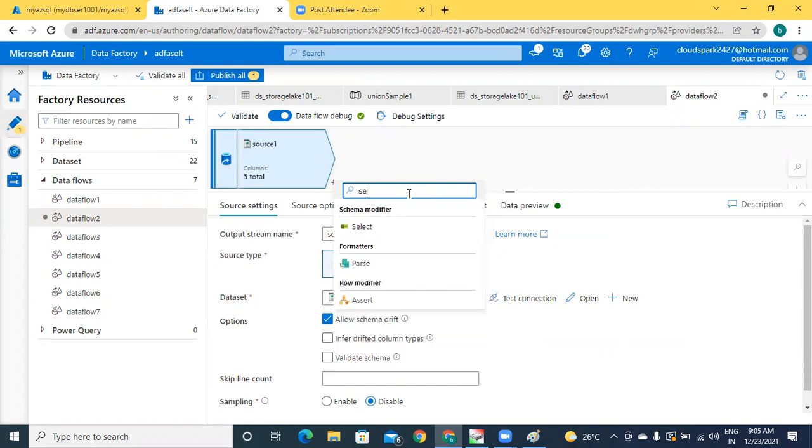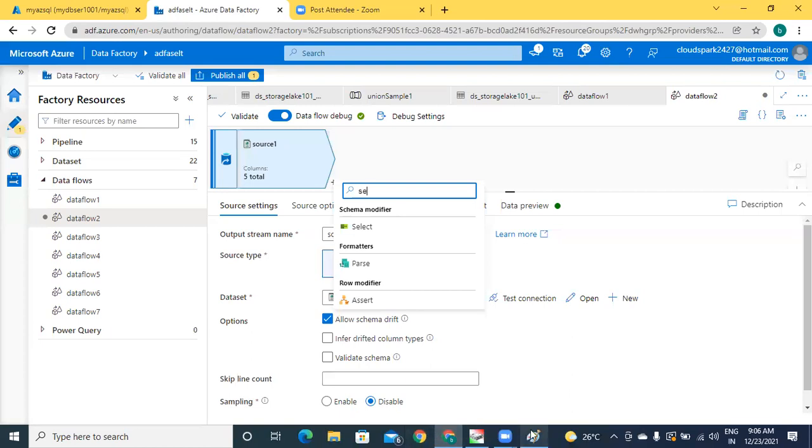But there is a transformation called select. Within that select, you can apply the distinct. Got the point, sir? Suppose you have merged data, 100 rows and 100 rows. Within those 200 rows, some duplicate records are there. You don't want them. Once merging is completed, by using an additional transformation, you have to eliminate the duplicates.